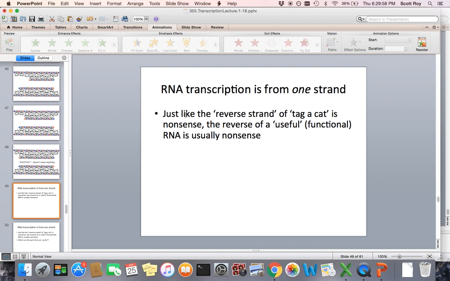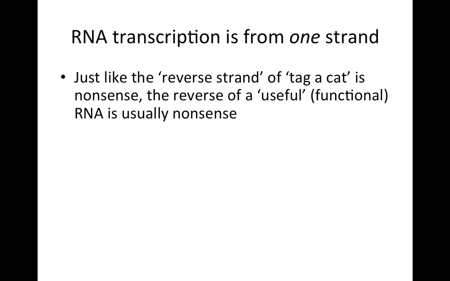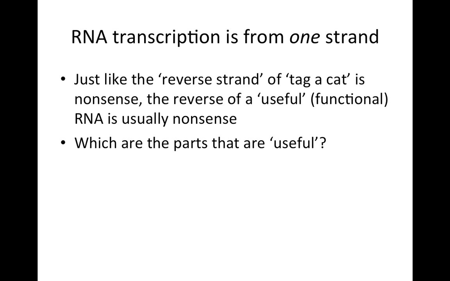Right, so just like the reverse strand of tag a cat is nonsense, the reverse strand of our useful functional RNAs that the cell creates are usually nonsense. Okay, but then what are the parts that are useful? Well, the parts that are useful are the transcribed regions, which we learned are our genes. So let's see what that looks like